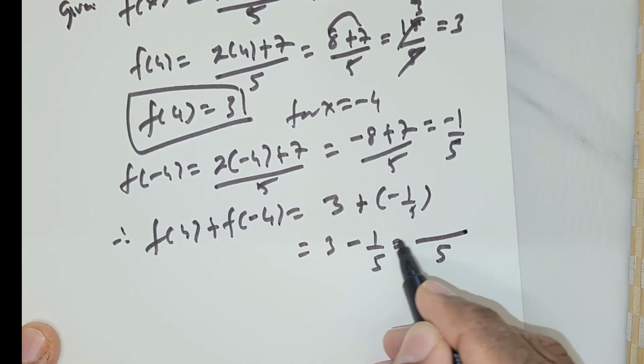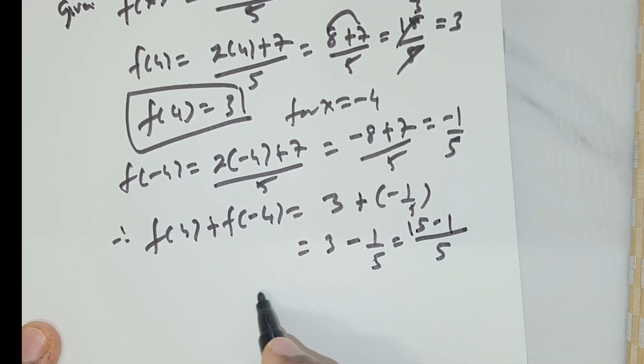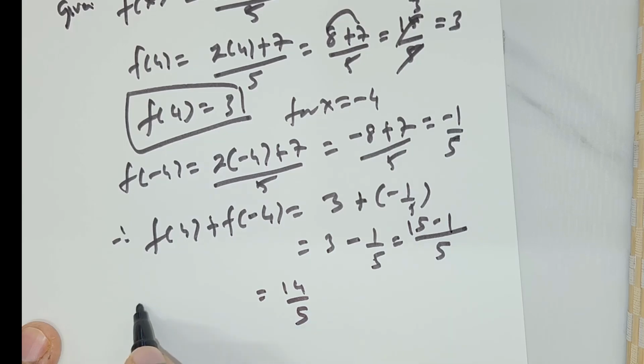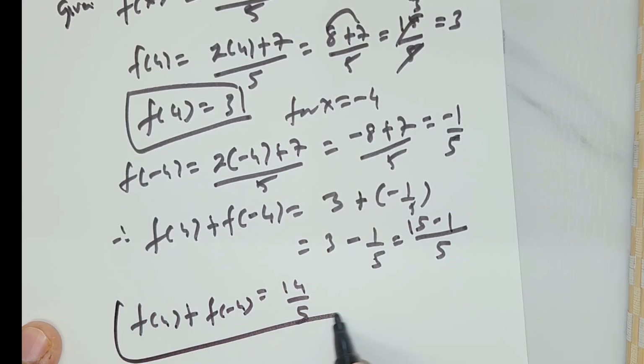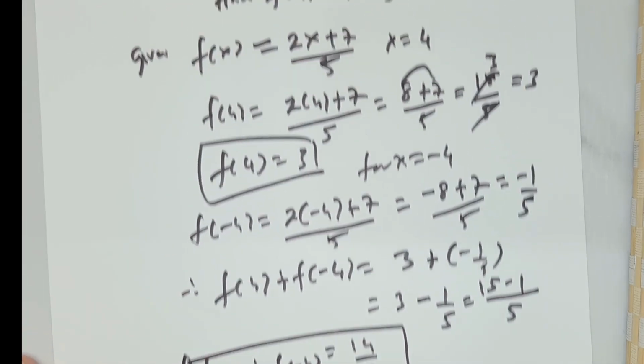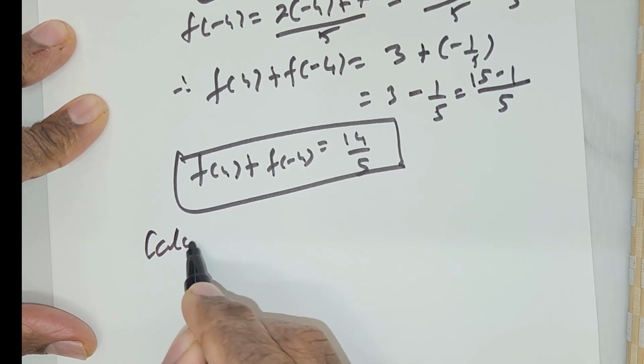You take the LCM as 5, you get 5 multiplied by 3 is 15, minus 1, which is nothing but 14 over 5. So this is the value: f of 4 added with f of negative 4 gives me a value of 14 over 5. So let's move on to the next one. So the next one is calculate